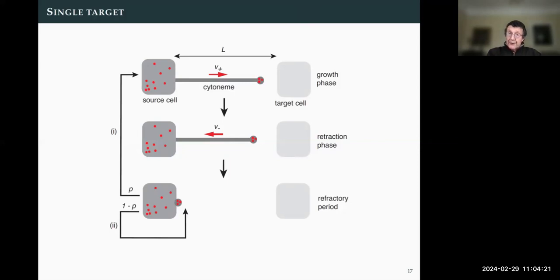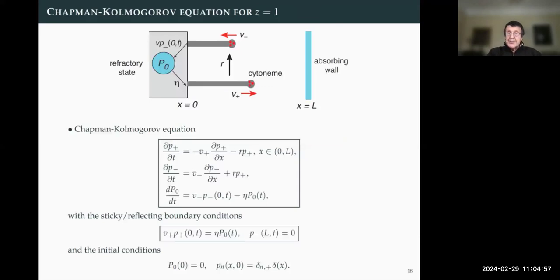In order to account for this, we introduce stochasticity to the process that says the cytoneme grows at a constant rate V plus, but then with a certain Poisson statistics, a certain probability, at any time, it can suddenly stop growing, shrink back to the source cell, and then begin a new search process in a new direction. And that's the basic setup. So there's a growth phase, a retraction phase, and then once it shrinks back, there might be a while it waits before it then starts growing in a new direction. I call that a refractory period. So this is the picture. Let's first of all imagine that it always grows in the right direction. So P equals 1.